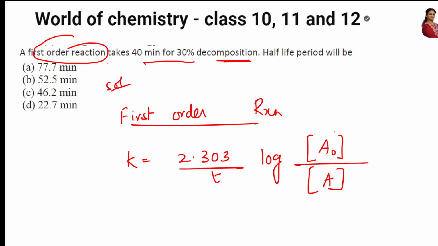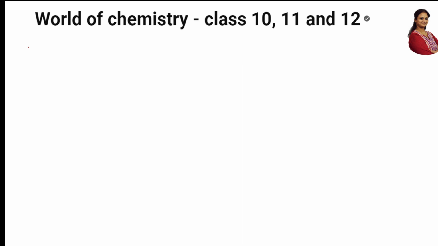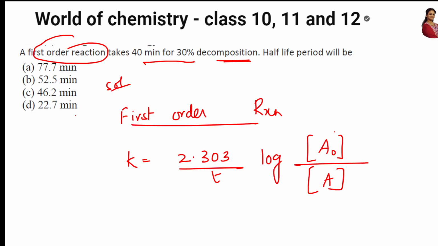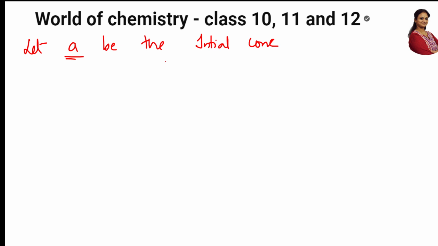They said the first order reaction takes 40 minutes for 30% decomposition. What will I do? First, I will start with the basic understanding. Let a be the initial concentration. Let a be the initial concentration. I'll say this a I've taken as the initial. Now what did they say? After 40 minutes, 30% decomposed it seems. So can I write it as after 40 minutes,